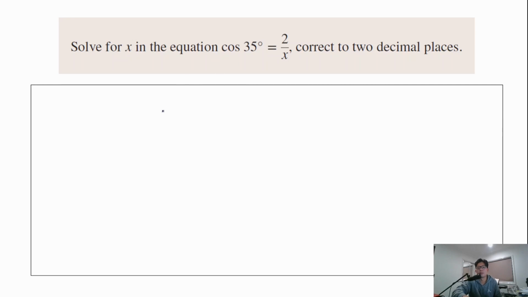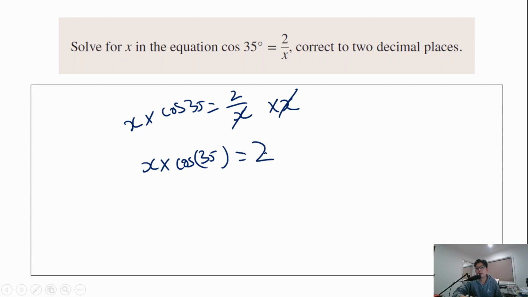So I'm going to write down the equation first. We have cos 35 equals 2 over x. Alright, we need to solve for x, we need to make that the subject. So we do that by multiplying both sides by x, and that we can cancel that side out, so that leaves us with x times cos 35